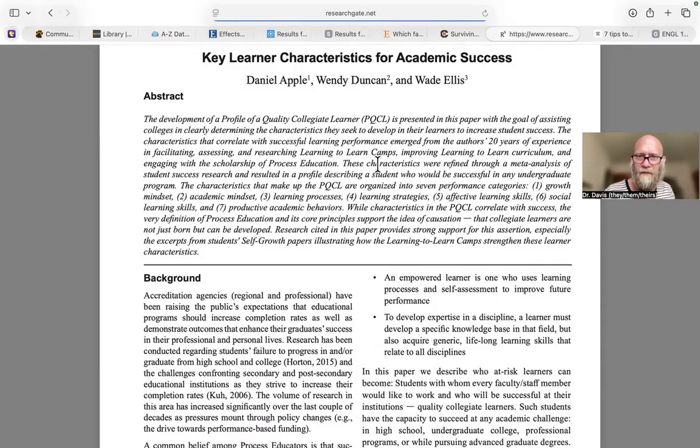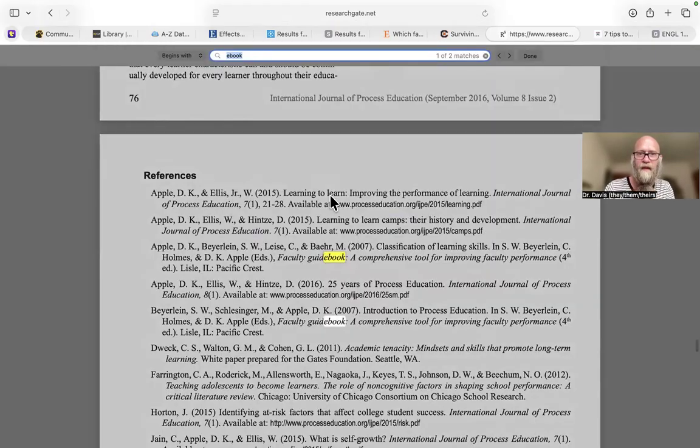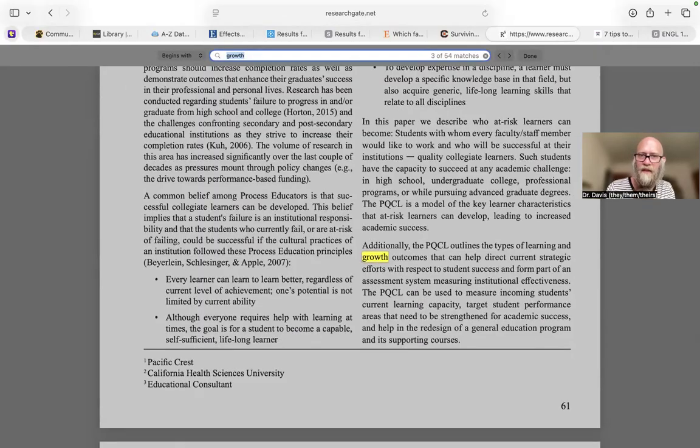I'm skimming through here. Growth mindset, academic mindset, learning process. This has a bunch of stuff. So I'm going to put in growth mindset.